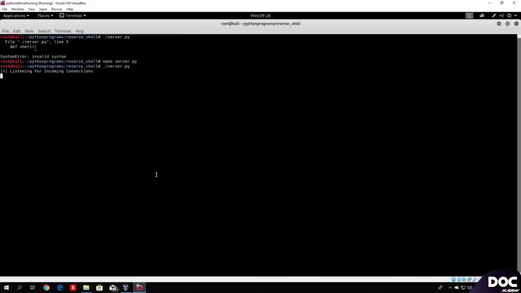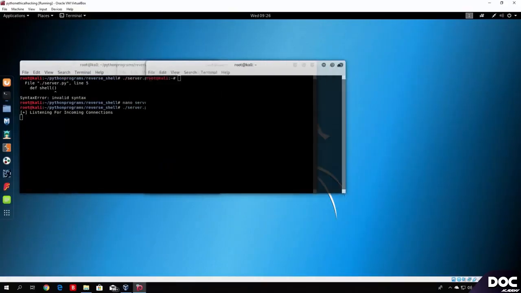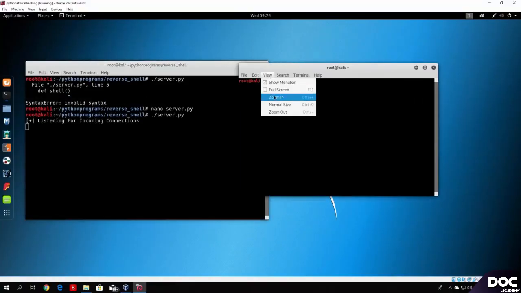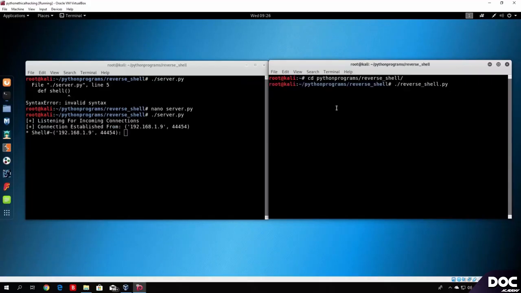Okay, let us run this right here, listening for incoming connections. Let's open a second terminal. So let's let the server be here and the second terminal right here. Let us enlarge both of them so we can see everything a little bit better. And if I go to my Python and then reverse and run my reverse shell, we get prompted for the command. If we type ls, we get printed out hello world, whoami, once again hello world, and if we specify Q,